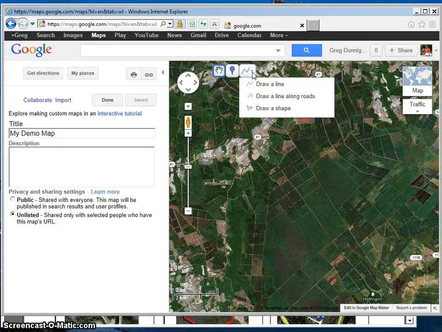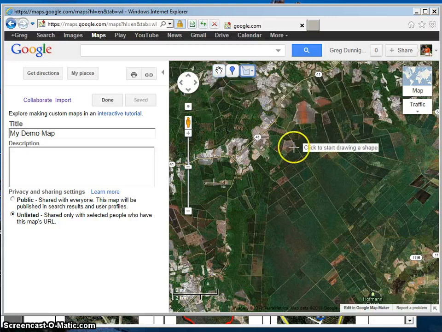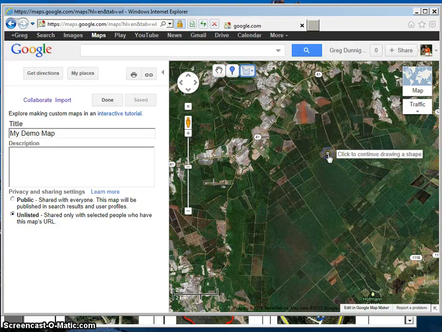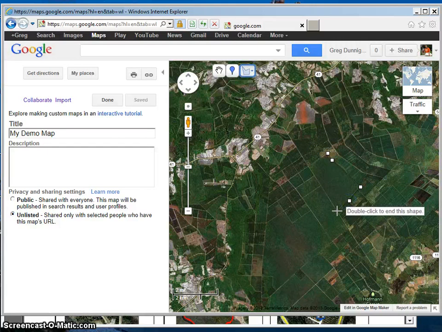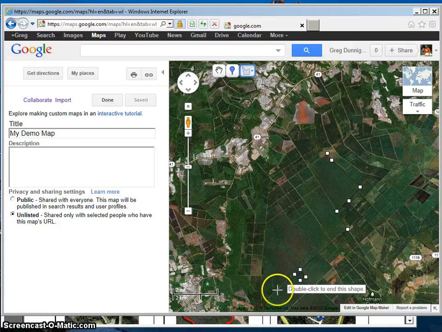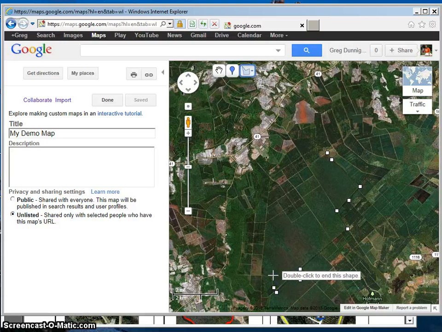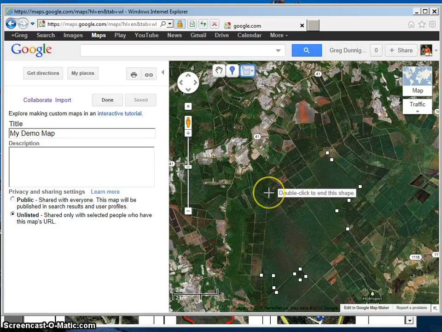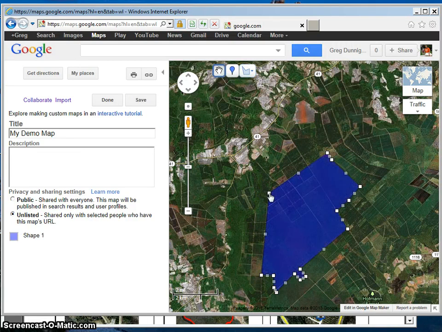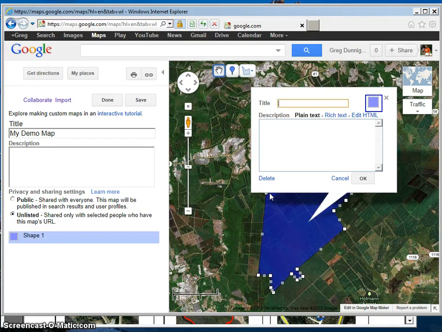I'm going to click on the Draw a Shape option, and I can just start clicking on the map with the left click to create my boundaries. And so I'm going to pretend that my club takes up this whole area, and I can just double click to finish. I can give my polygon a name,